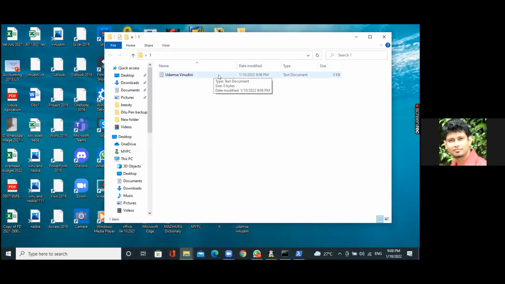Okay, now you know that command line can be used for everything. That's what I want to show you. We can do anything using the GUI, and we can also do it using the command line.